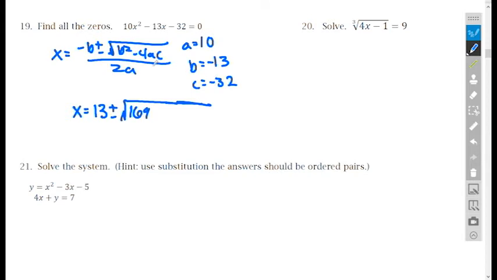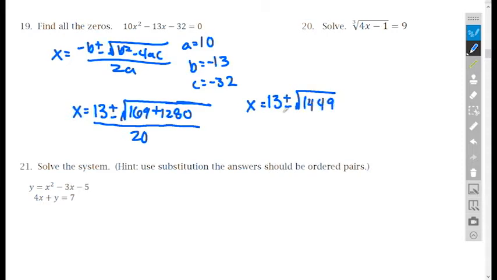I'll actually be adding it because that's a negative 4 and a negative 32. So that's plus 1280. And that's all over 2 times a, and a is 10, so that's all over 20. Okay, so I will simplify this. So x equals 13 plus or minus the square root of 169 plus 1280, so that's 1449, and that's all